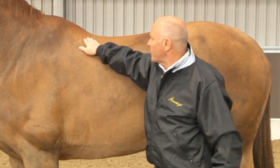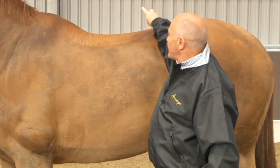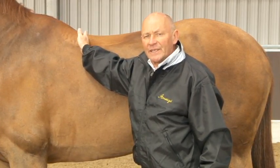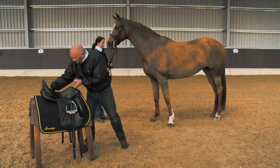So this is what we do. We measure top lines, then we calculate the seat of the saddle just to make sure the rider's weight stays here. If we put her original saddle on it,